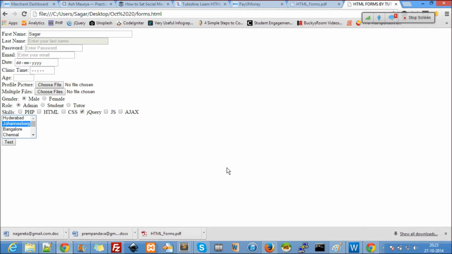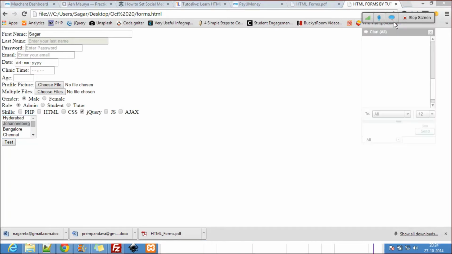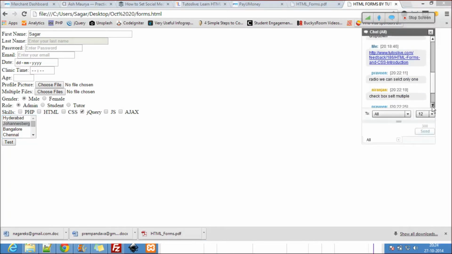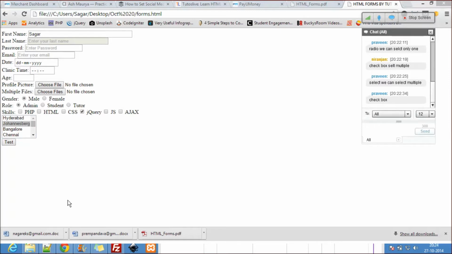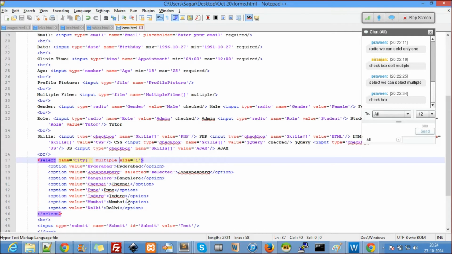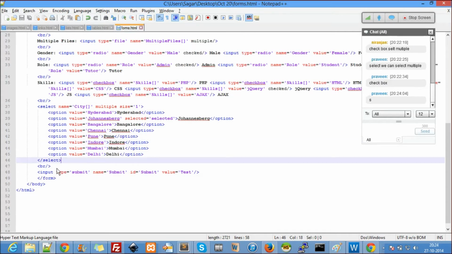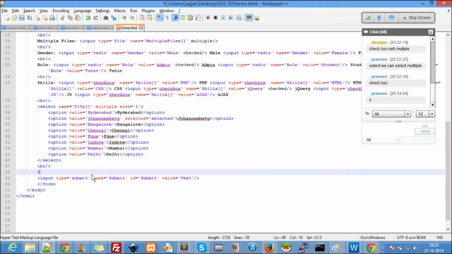That's the only difference. And a select can act as both. A select can act as a checkbox, a select can act as our radio button. Alright. So then we have one more after this.